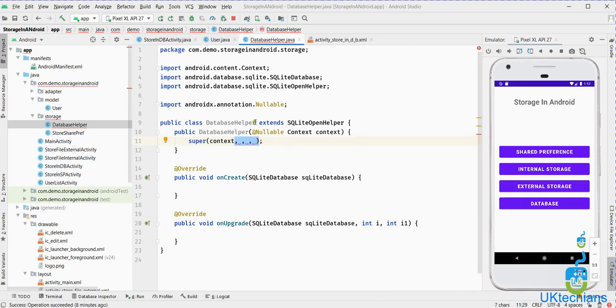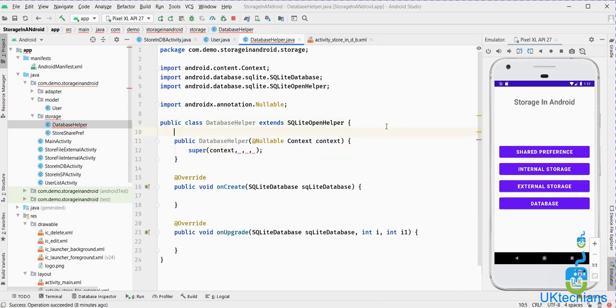So this is the class of our DatabaseHelper, and we will create our database name, table name, and column names here in this class. What is SQL? SQL is a structured database which stores light data such as name, image, file path, etc. How to use the database? We have to insert, delete or update any record from the database, or add any record to the database. We will use SQLiteOpenHelper. So let's begin.